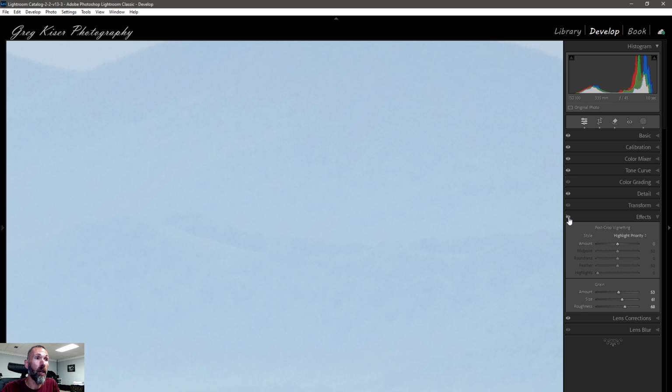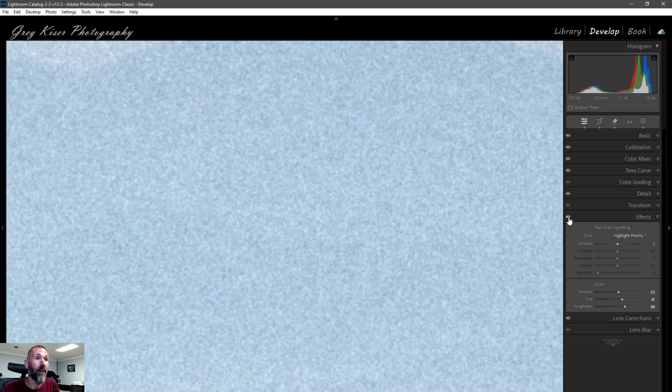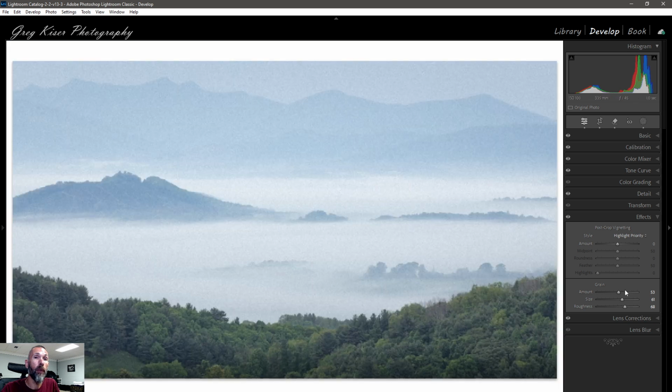That's what we started with, clean image, and that's where we've gone. And I think that is way too much. So I'm going to show you a different way of doing grain. Well, let me get these all zeroed out. Okay. Now, grain, in my opinion, is best used in a black and white picture,